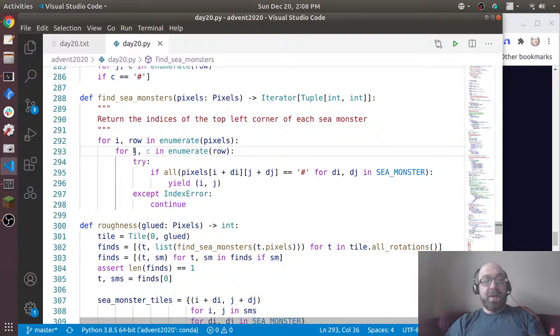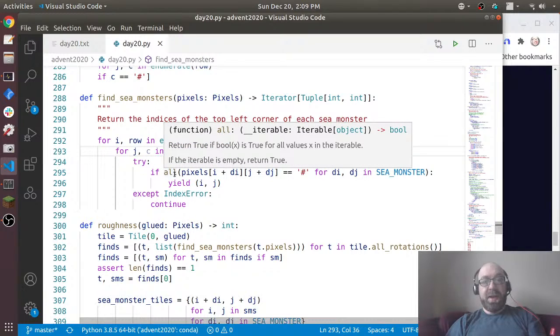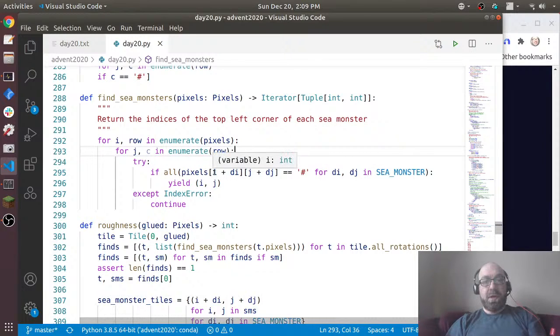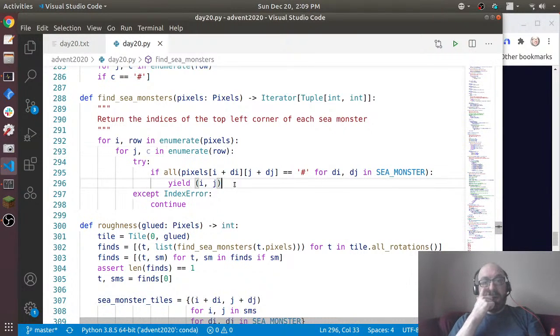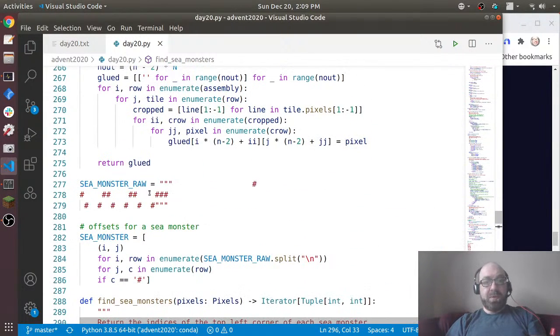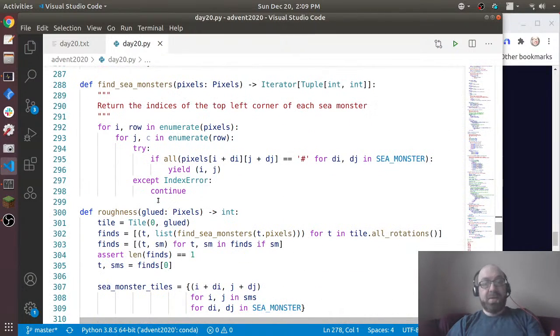So this gives me every IJ in the grid, and I didn't want to do boundary checking, so what I did was try except IndexError, and of course if I try and index outside the grid, I'll get an IndexError. And so what I check is that every time I do pixels top left plus DI, top right plus DJ, for DI, DJ being the offsets in the C monster, then basically the C monster will say 0, 10, 1, 0, blah, blah, blah. So it says these are the offsets, and I just check